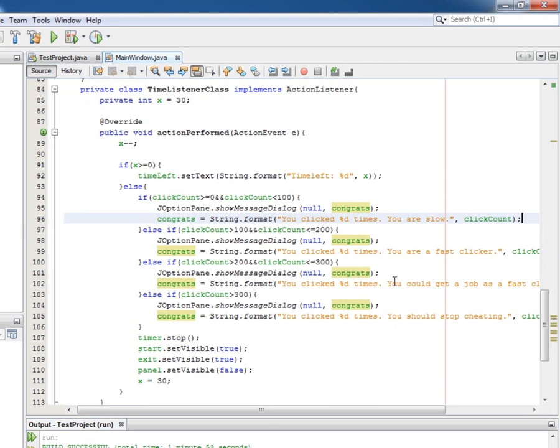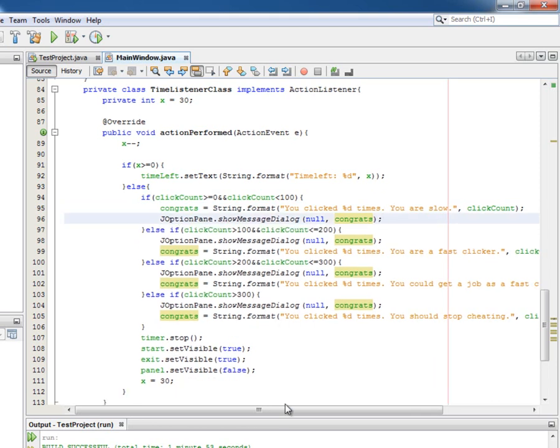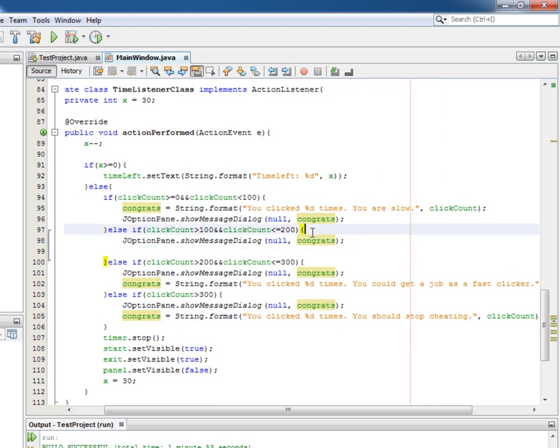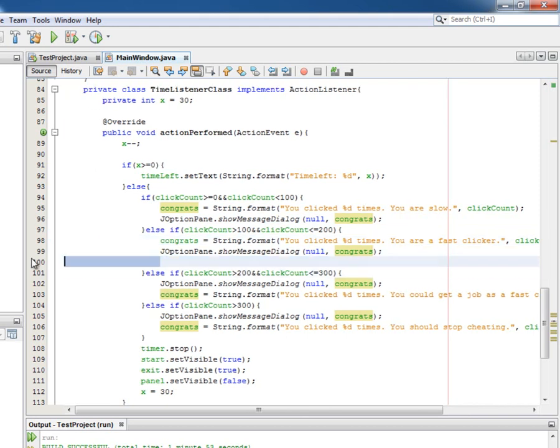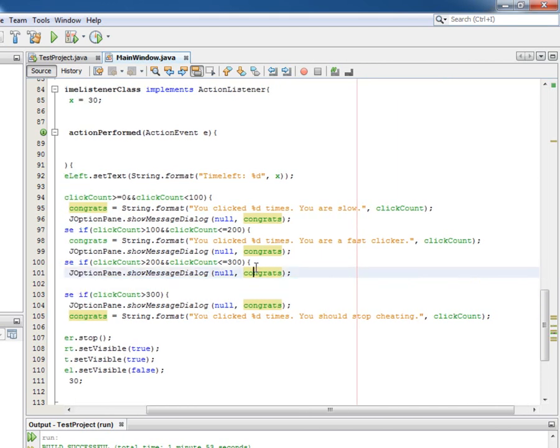Okay, I found the error. That was actually just a stupid mistake I made. We need to put all of this code in front of the JOptionPane, because the mistake we made is we've actually set the congrats string equal to this after the new window pops up. So it will first pop up the window which will show the congrats, which is at this moment null, and after that it will set the congrats equal to that text. So yeah, sorry about that, that's just some stupid mistake. Okay, so now just copying